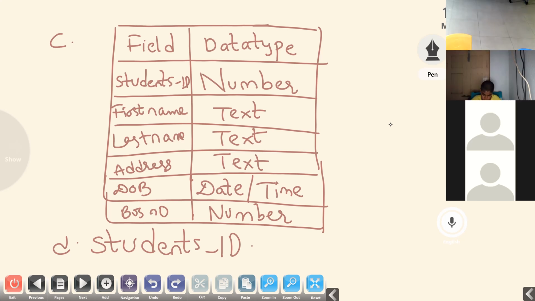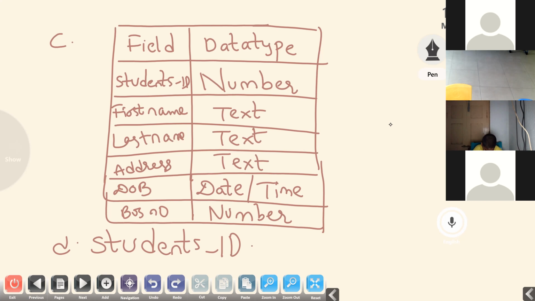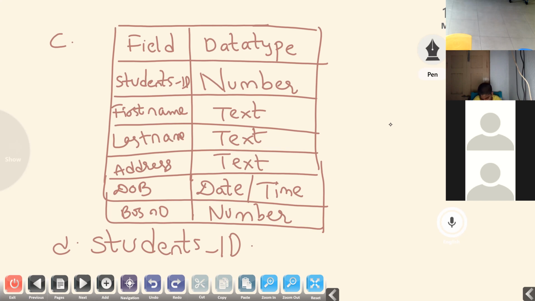Yes, Srihit. Ma'am, section C should be done first, ma'am? Why did you go to section C? Section B is completed in your notes? No. I told you to write it now only. Okay, write and show me fast. Yes, Srinika. Ma'am, can you show A and B? A is 5, B is 6. 5 records and 6 fields. Okay, ma'am.